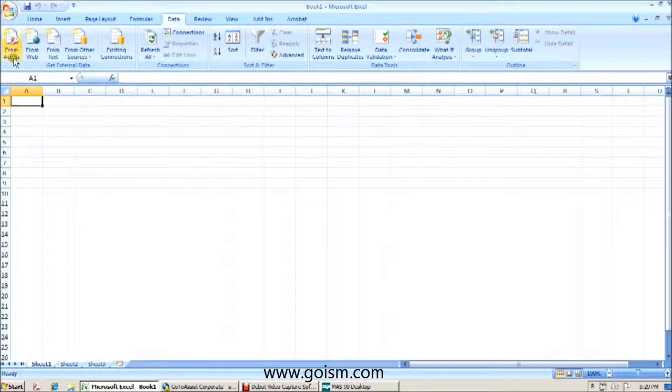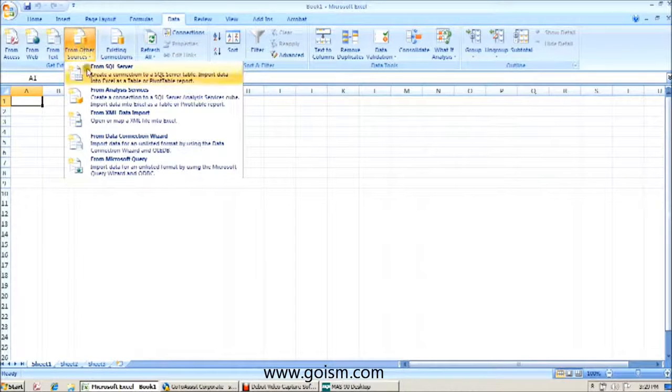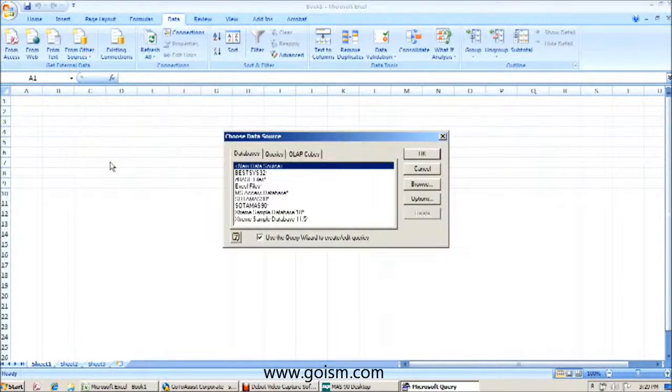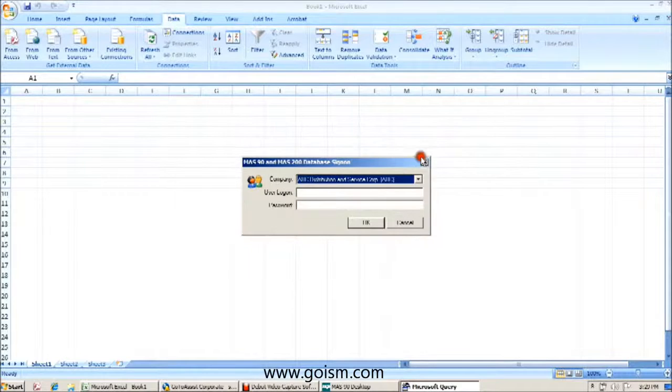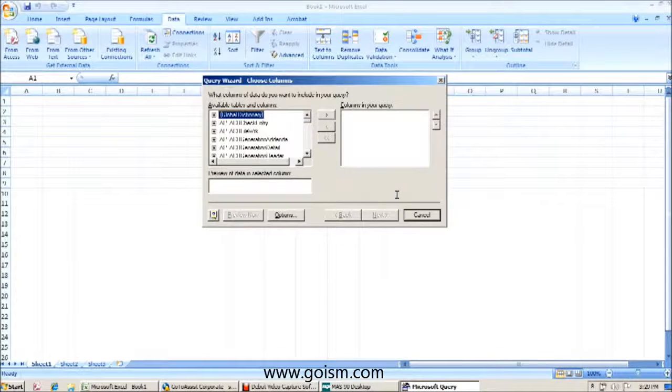We're going to use the same area that we brought over our first table with, the Data tab from Other Sources. We're going to go to From Microsoft Query. We're going to find our SODA 90 data source. We're going to log in using our MAS credentials. And now we're going to go back to our AP_vendor